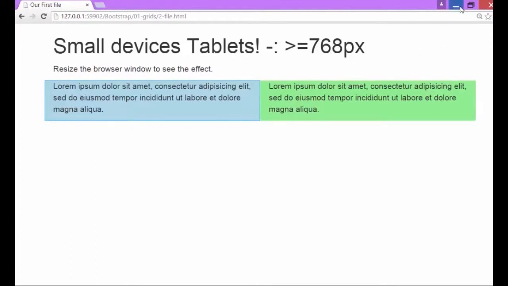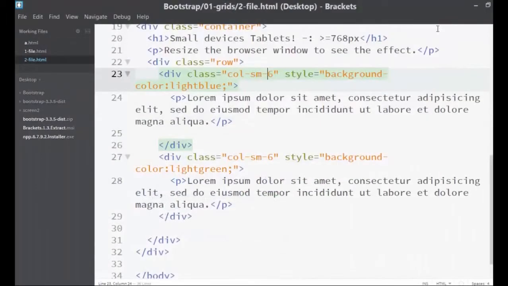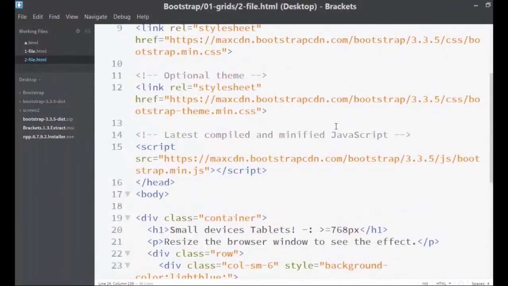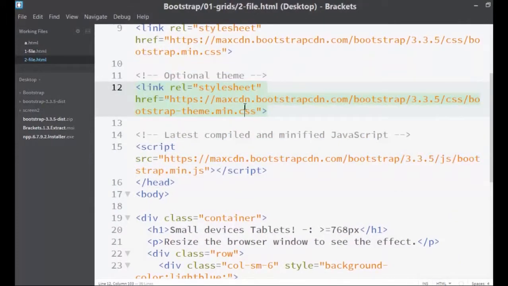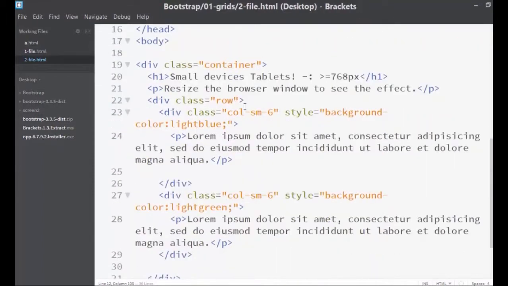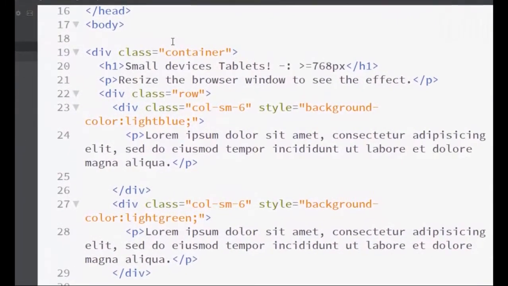Anyways, now let's move on to the code and see that this is being done really simply with the help of a few lines of code. Of course, the head part is going to remain the same all the time because we are importing all of our things from the CDN, that is Content Delivery Network. Every time the things are going to change mainly in the body, and notice that we are following the strict convention here. That is, the class is container, and inside that there is a class of row, and inside that we are making up these columns. And in the entire movie, we are going to talk about the SM.